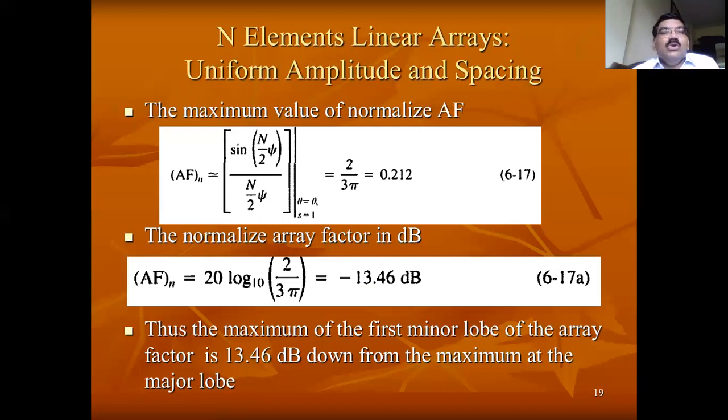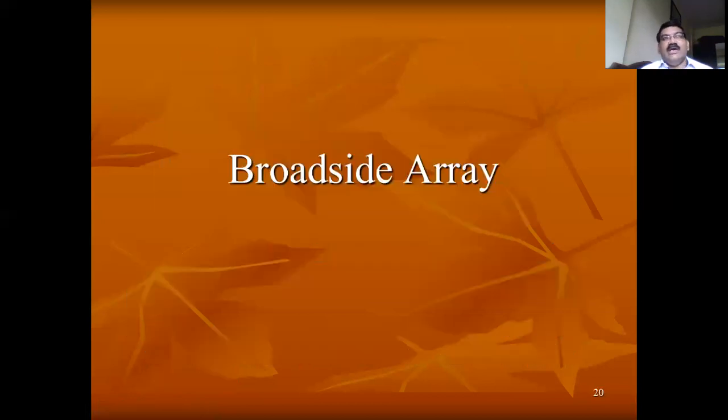And in most applications, minus 14 dB or 13.5 dB is considered the standard, as there should be a separation between the main lobe and the back lobe. Now, the array can be designed for various patterns. If you require a broadside array, the radiation should be in the broadside direction, horizontally. You can also have the end fire array, where the radiation is vertical. So how can a broadside array be designed?